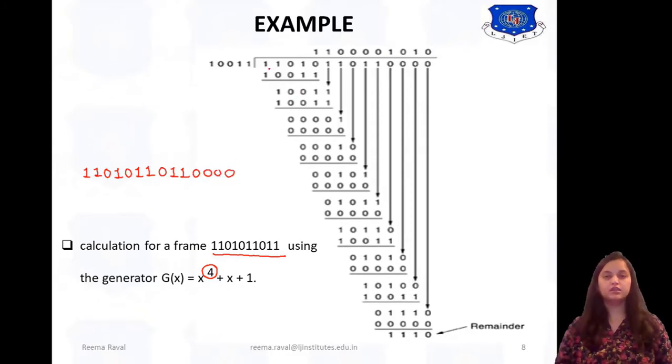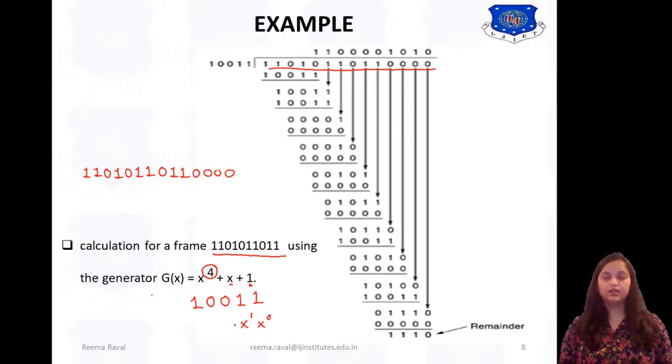So here the first data is this, by appending 4 zeros according to the generator, and it is to be divided by the generator, that is to be converted into the form of digital 1 or 0, right? So here the g of x is given as 1 1 0 0 1 according to the power. That means this indicates x raised to 0. So this is 1, then x raised to 1. So that's coefficient is 1.